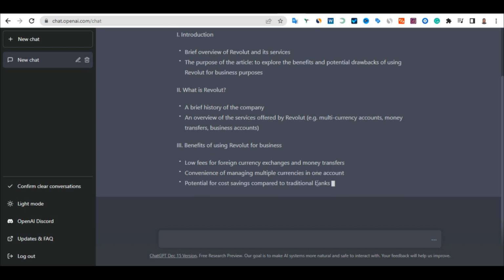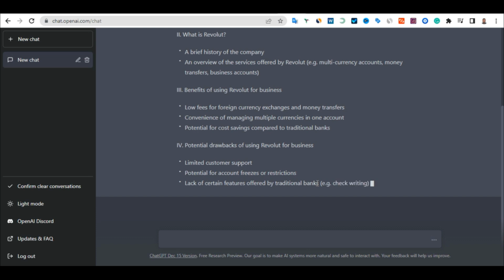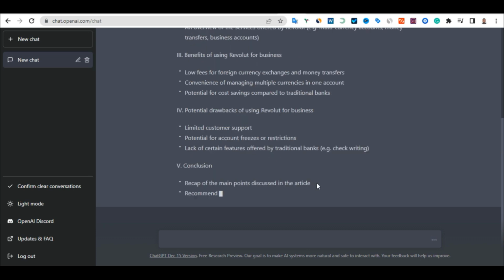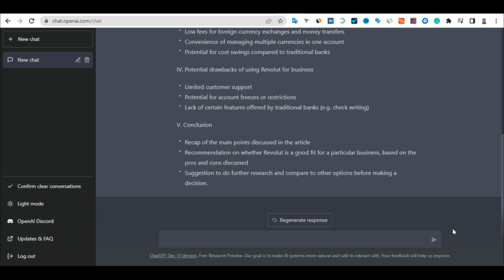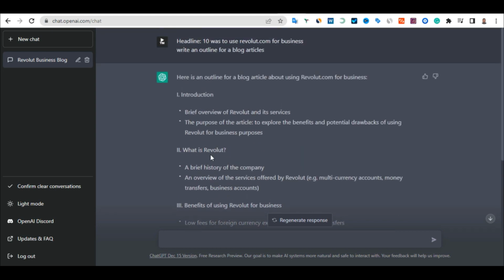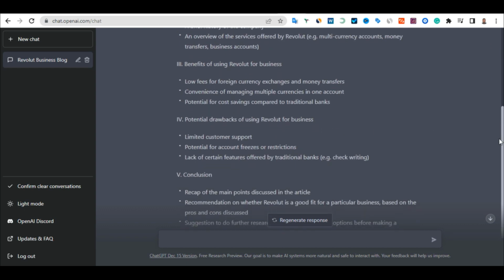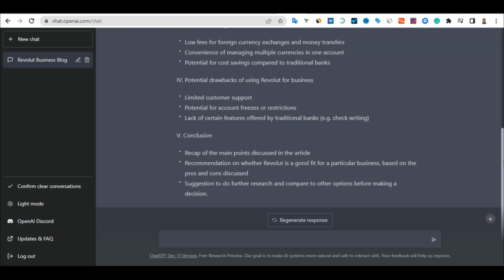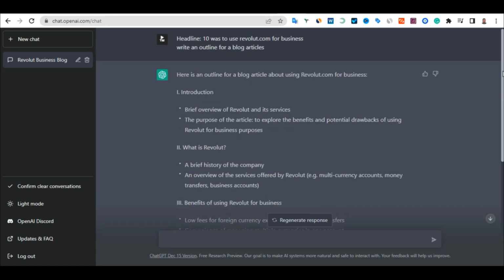ChatGPT is going to write out all the outline we need to go and write about. Remember, it's going to write out 10 outlines for us. We just need to be patient and wait for it to finish everything. As you can see, ChatGPT has now finished the outline for us. It wrote 1, 2, 3, 4, 5, 6, 7, 8, 9, 10. So it wrote 10, and it gives us a different kind of topic inside each outline.